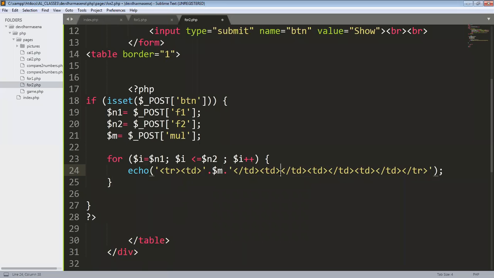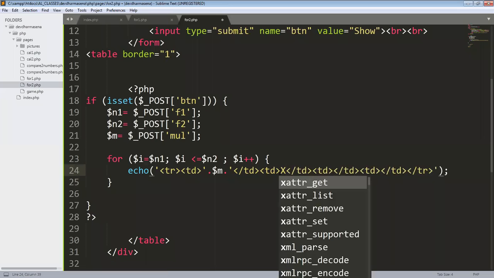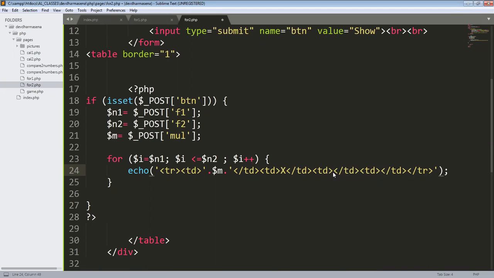Okay, and here I will put the multiplication symbol. Okay, I will type X to represent that, and after that I can type how many times. Okay, so that is the iterator. Okay, I'll use $I.